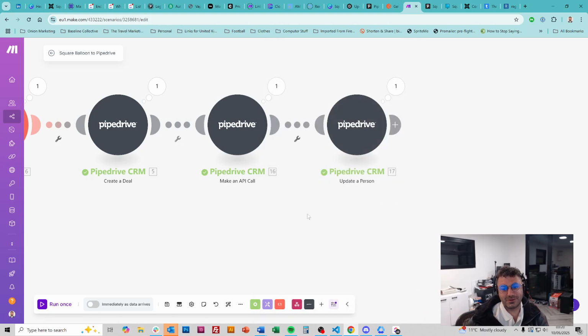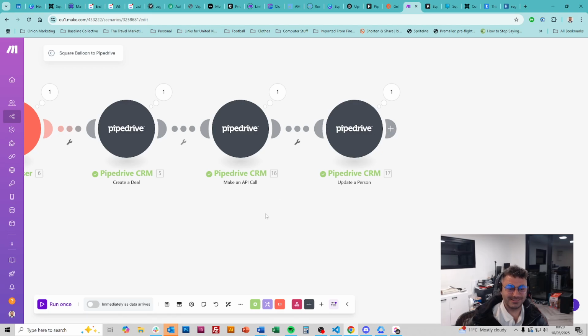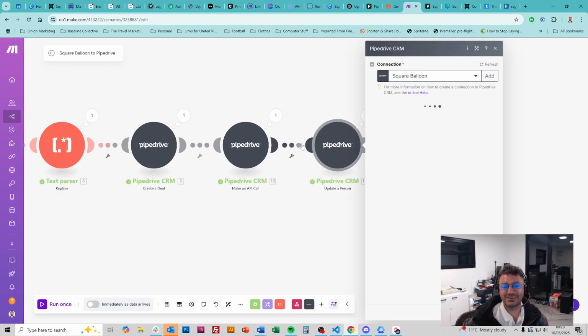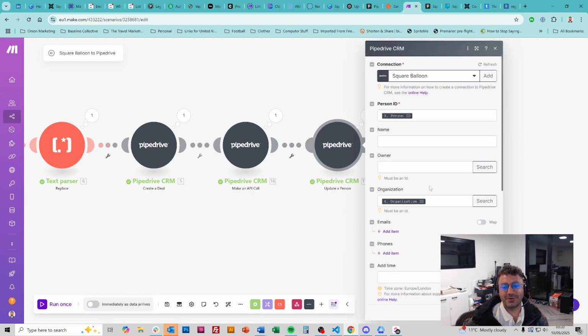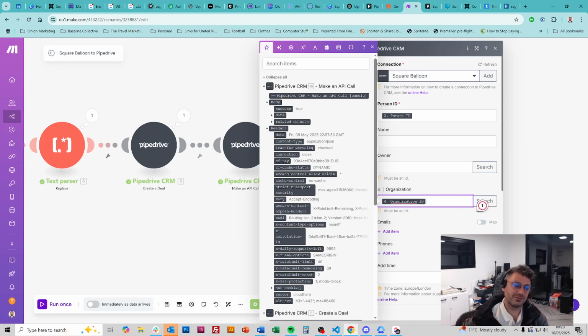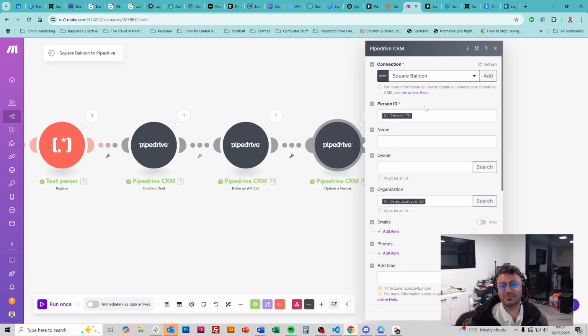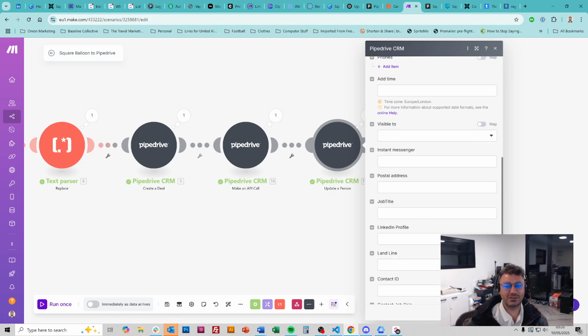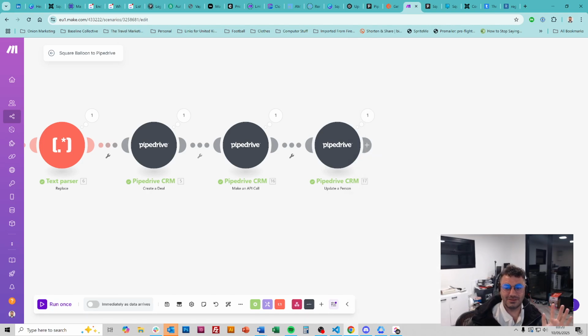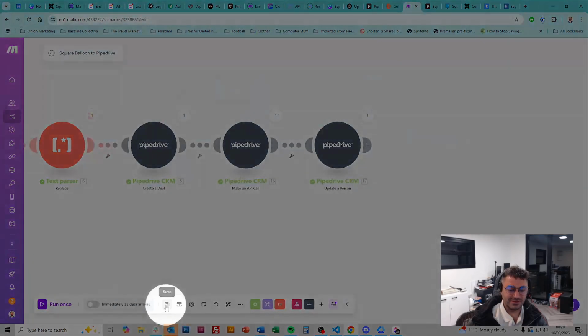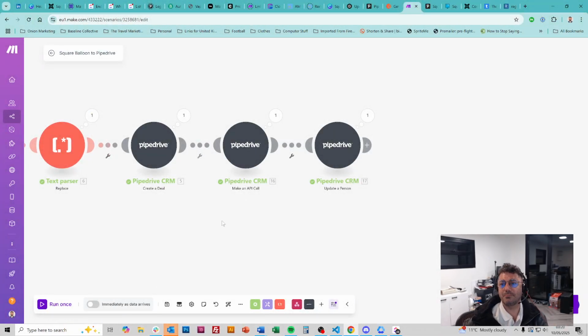Right, now we've done all of that. When we created a person, there was an option to fill in the person's organization, but we couldn't because it required an organization ID and we hadn't created it yet. So we're doing an update person, and now we've got the organization ID because we created the organization a few steps back, and I can update this person ID, which I'm getting from a few steps back, with the organization ID. All of the other data will stay the same. I don't need to update that, and save. And then I'll make sure I save down here. Hurrah! And we're done. So a bit long-winded, but